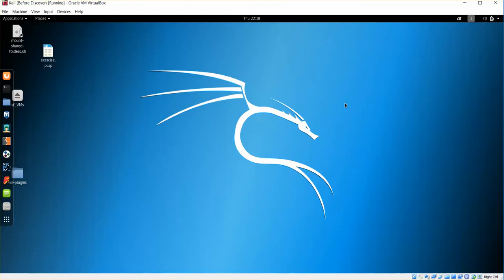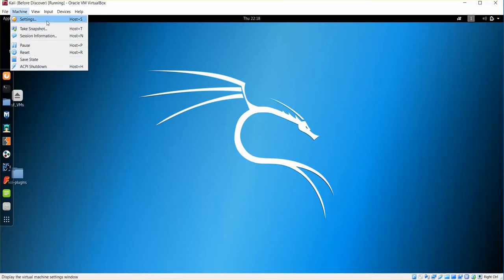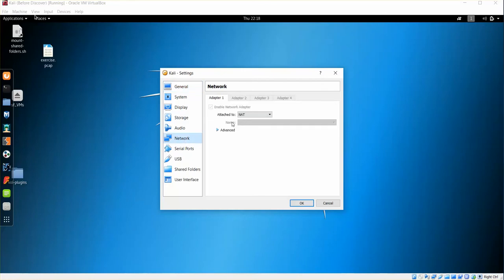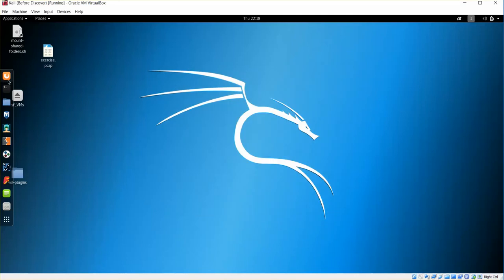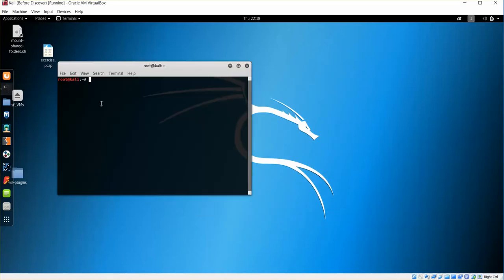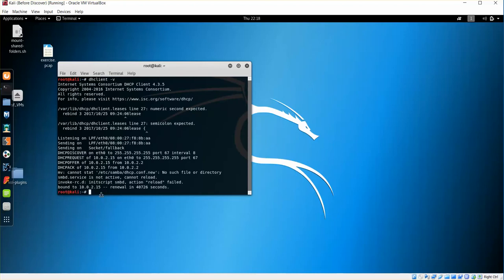detection system. So to get things started, we're going to go ahead and change the Kali network interface to be actually NAT, network address translation, and that will tie into our physical NIC, allow us to go into the internet and download different packages. So we're going to go in and obtain a new address from our DHCP local instance, and this address is